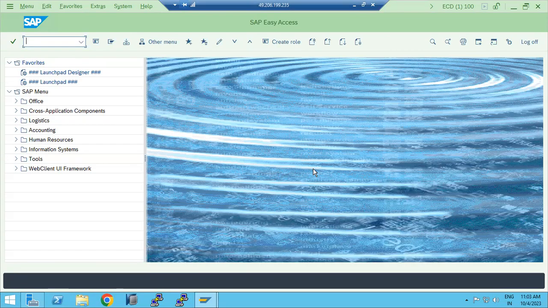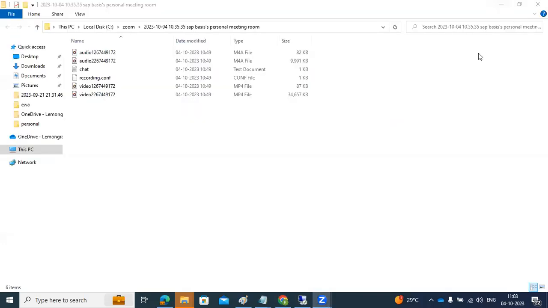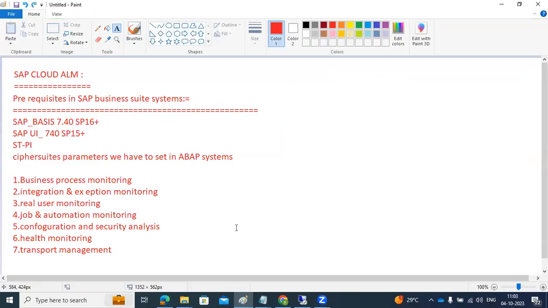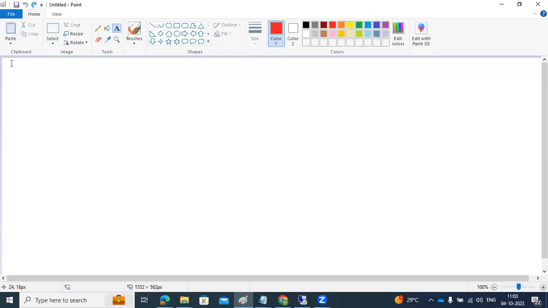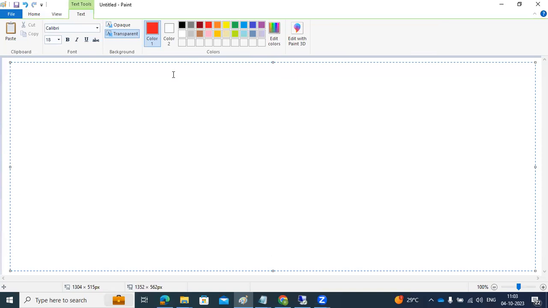Why we have to create the client, why the client is required, the logical systems. So all those things we know, right? That's perfectly fine. So now let's start discussing. After the client creation, what do we have to do? After the client creation, we need to log into the